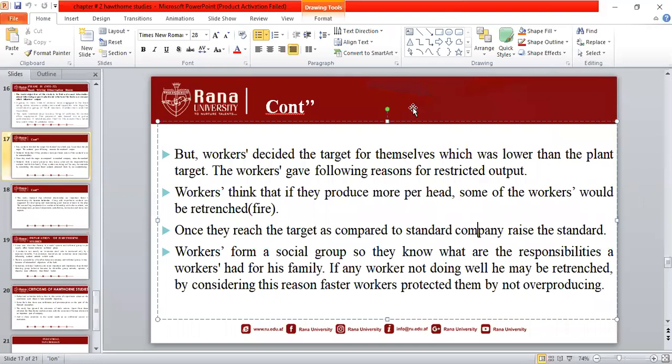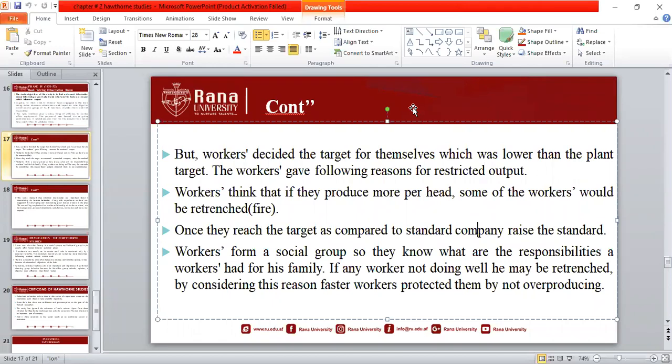Now see, in phase number 4, the researchers wanted to know if a company sets a target for employees, whether employees will work together to achieve that standard or not. That's why they put them in a group shape, and after putting them in a group, they commanded them that you have to perform in group, and payment will be paid on the basis of group performance. Now, that was the assumption of the researcher. The researcher's assumption was that now employees will work with each other and help each other